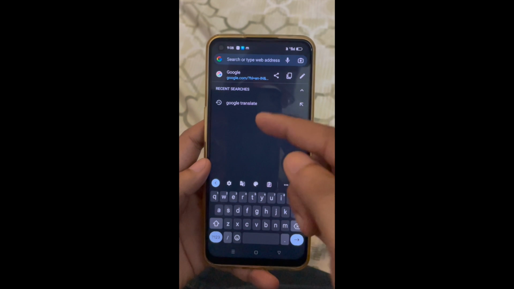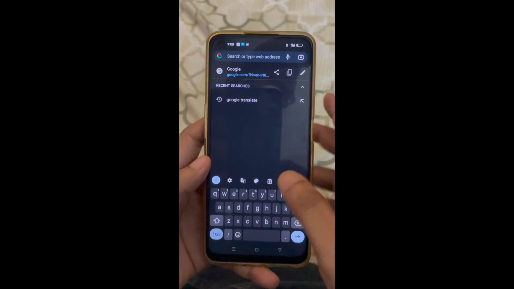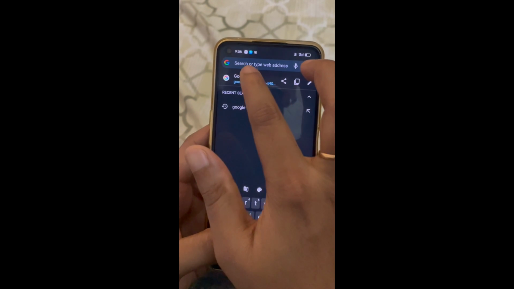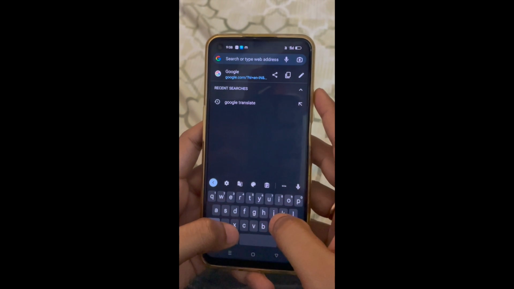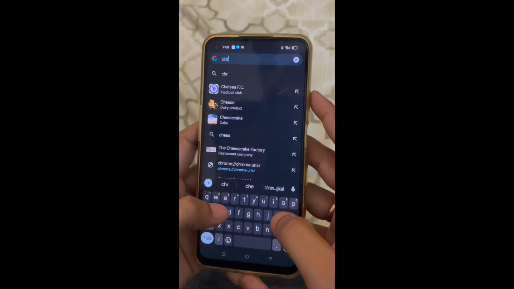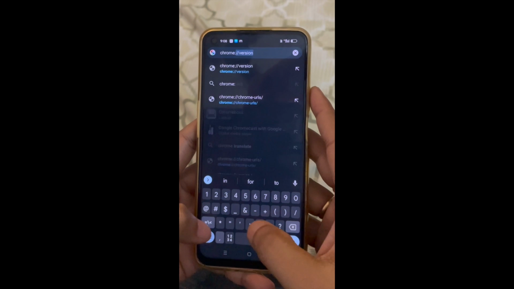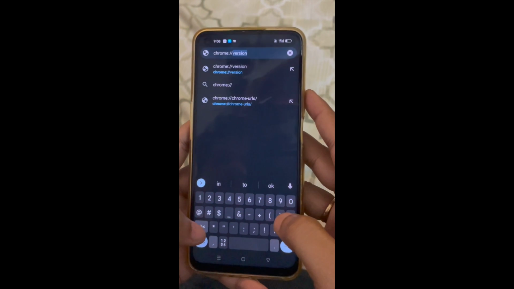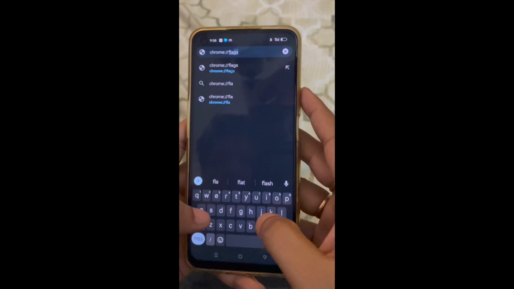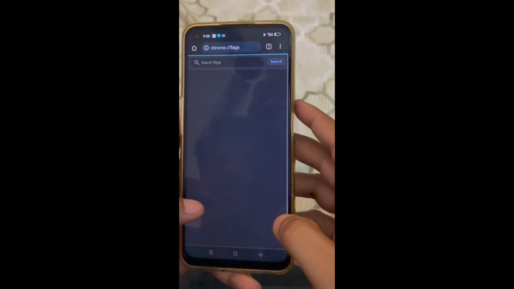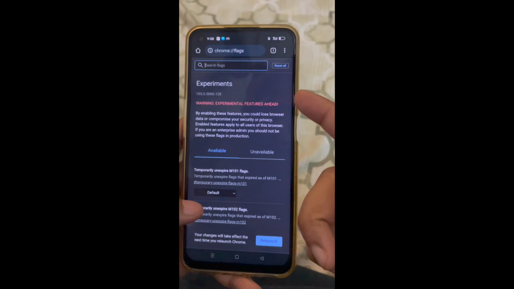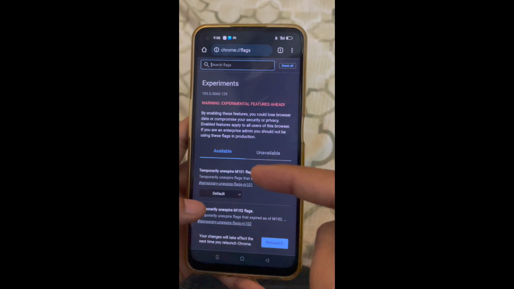So to do that you need to launch the Google Chrome application in your mobile, and then you can go to the URL section and then type Chrome. Just type Chrome and then colon and then 2 slashes and then type flags here. So just click enter. So once you open this URL you can see this interface here, and there is a